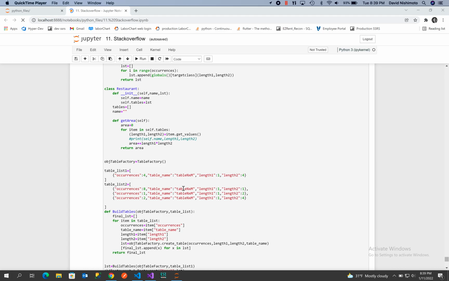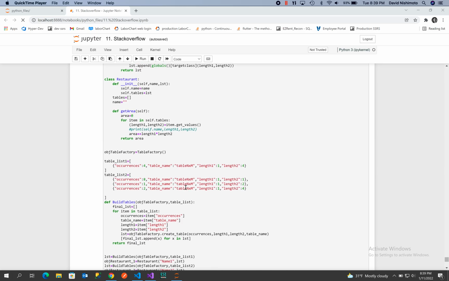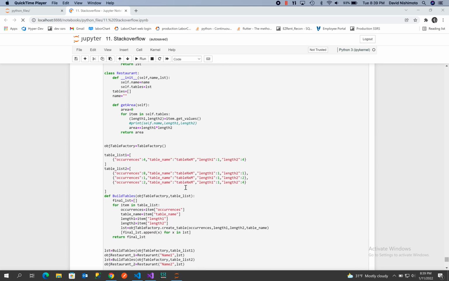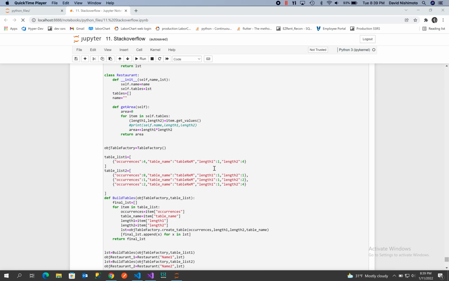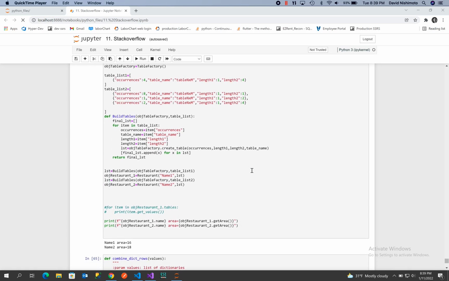So in one case, maybe you're dealing with areas by English measurements, maybe inches and feet. And in another you could have it by metric, which would be by meters. And so these subclasses could be really valuable in that regard.